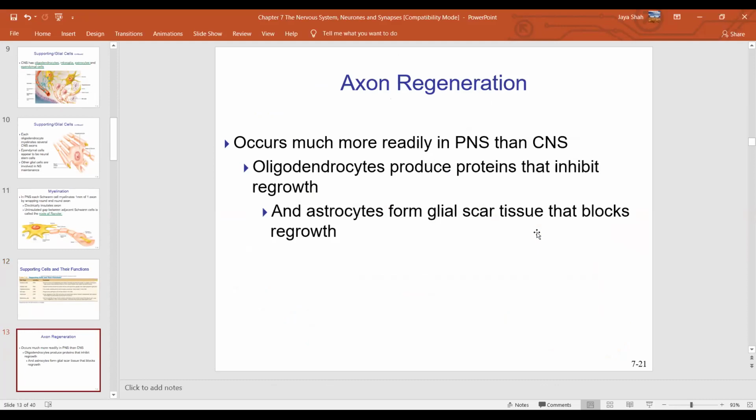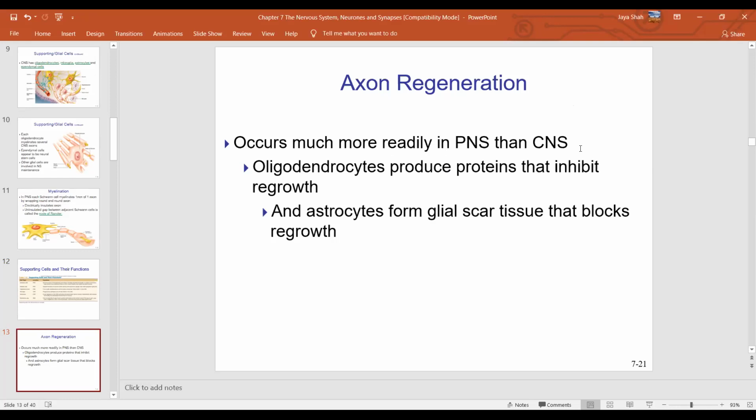Already I told you when nerve damage occurs, their cell body is damaged forever. It never regenerates. But axons can regenerate. So what is the process of axon regeneration? Axon regeneration occurs much more readily in the peripheral nervous system than the CNS. In the CNS, you cannot regenerate